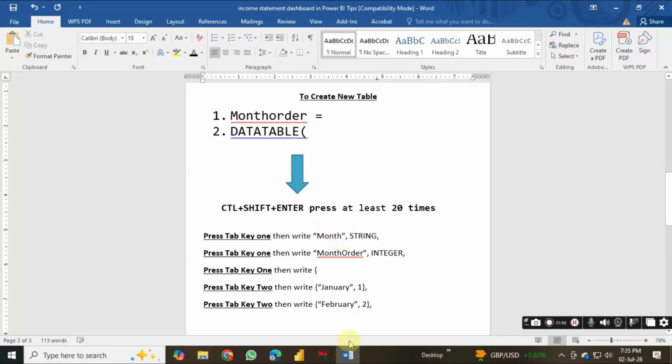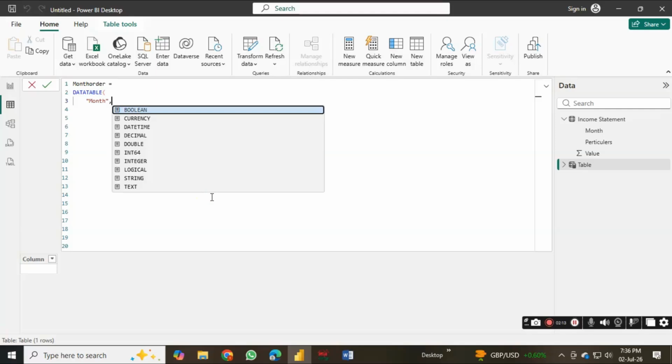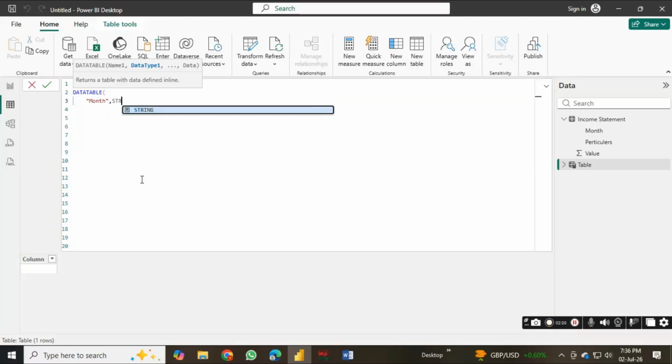Press tab key once, then double inverted commas, month, double inverted commas, comma, then we write string. This is str, just enter string, because the month column contains text. And then press the tab key and also write month order,